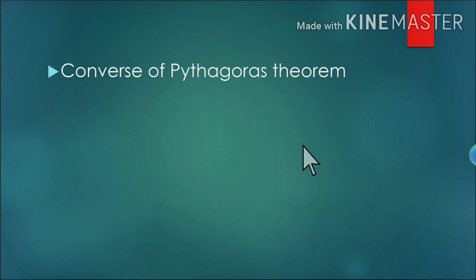Hello everyone. In the last YouTube video, I covered Pythagoras theorem, Pythagorean triplet, property of 30 degree, 60 degree, 90 degree triangle, property of 45 degree, 45 degree and 90 degree triangle, proof of Pythagoras theorem and geometric mean.